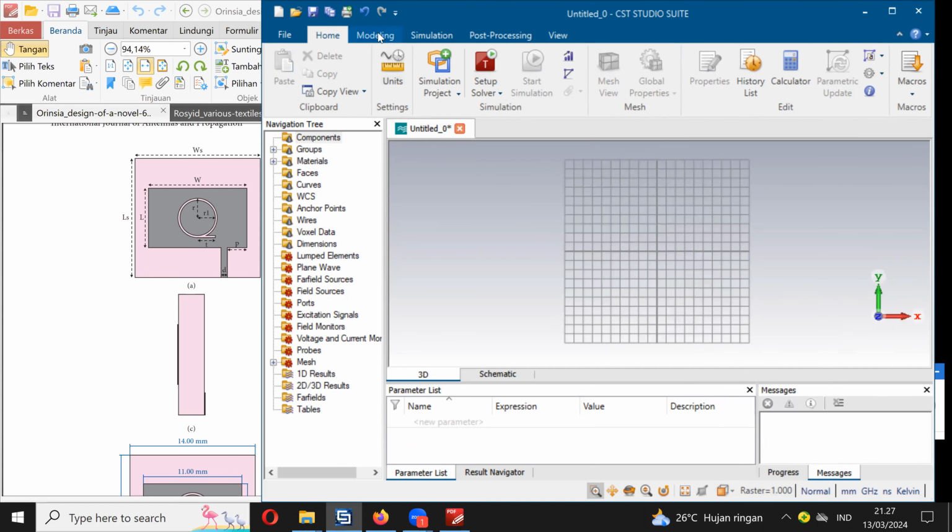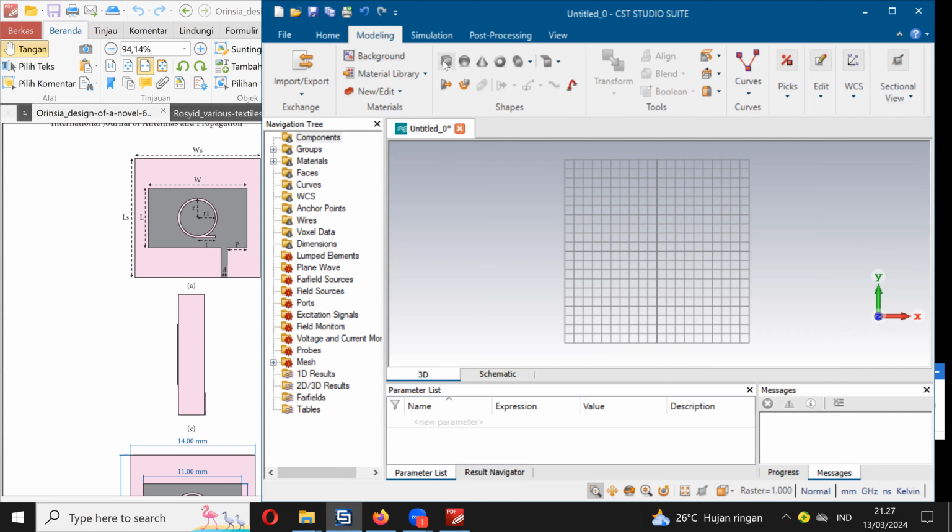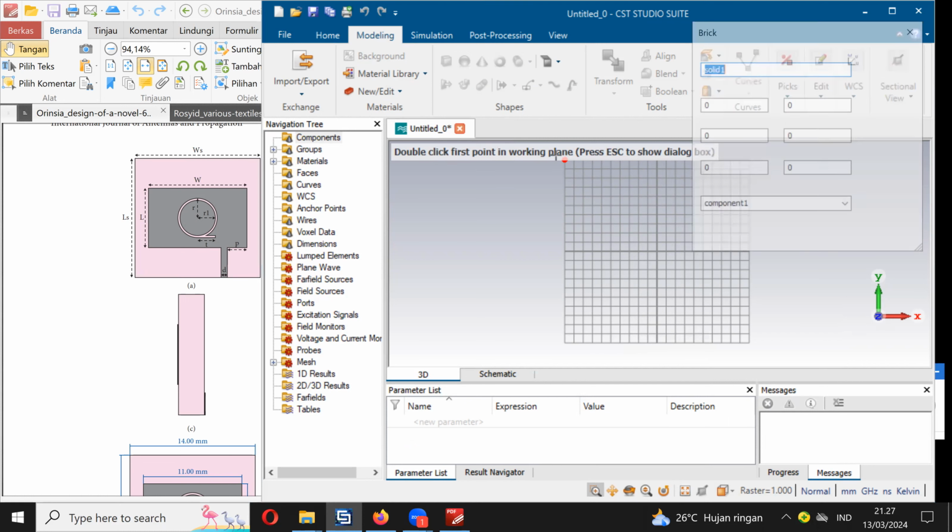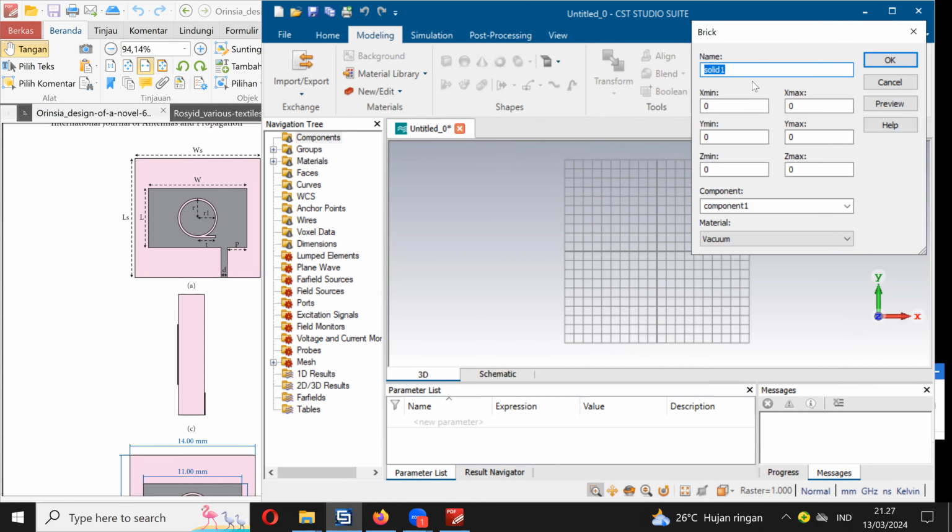Front view, and we will model it by clicking the brick, and then we press escape on the keyboard, and we can type the name. This is for the substrate. This is the WS, and this is the LS. We suppose the coordinate in here is 0,